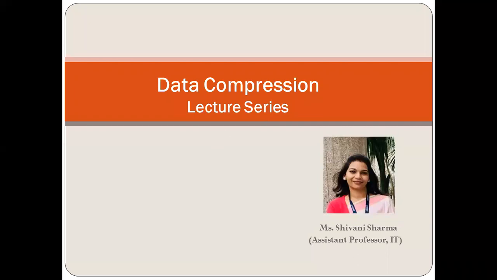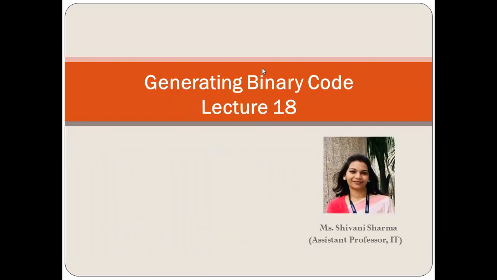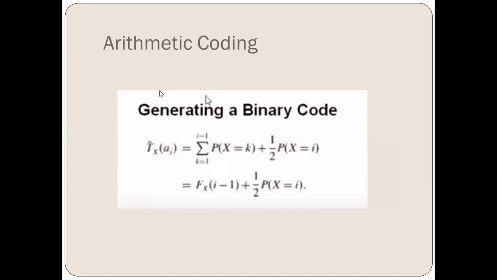So today's topic for data compression is generating binary code. Arithmetic coding is the topic, right? So in this particular topic, the main thing is you have to learn or define a formula for generating a binary code in arithmetic coding, that is